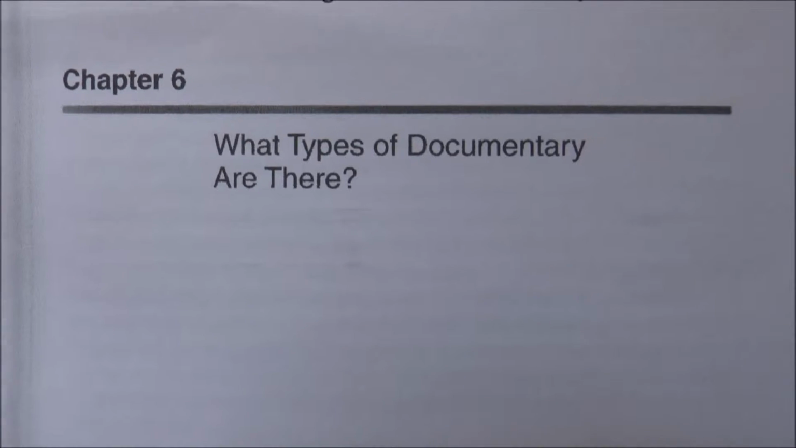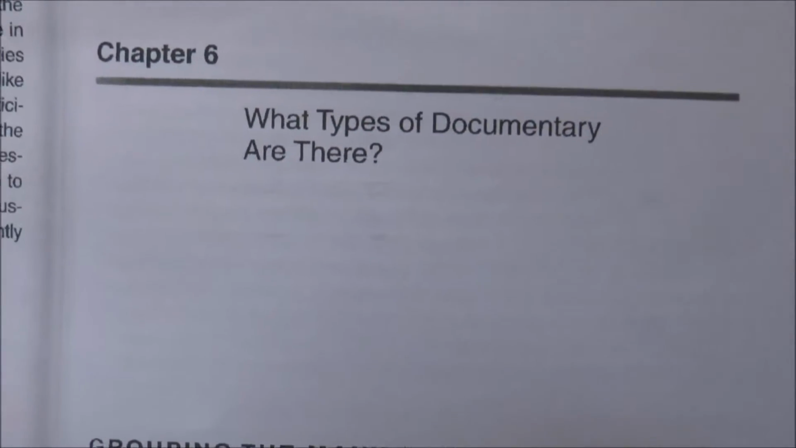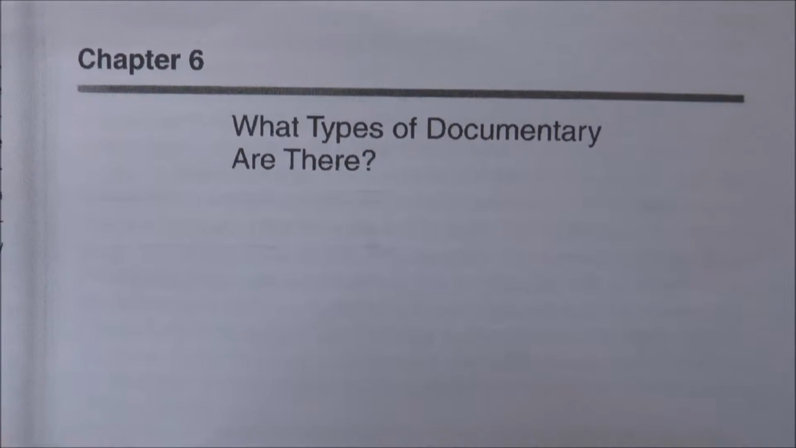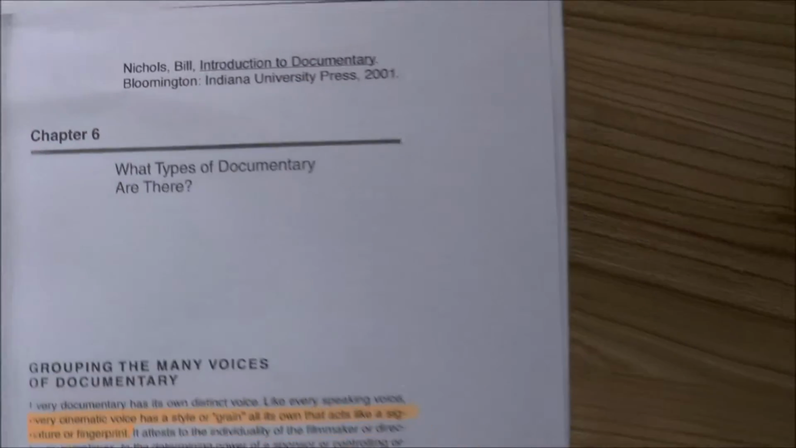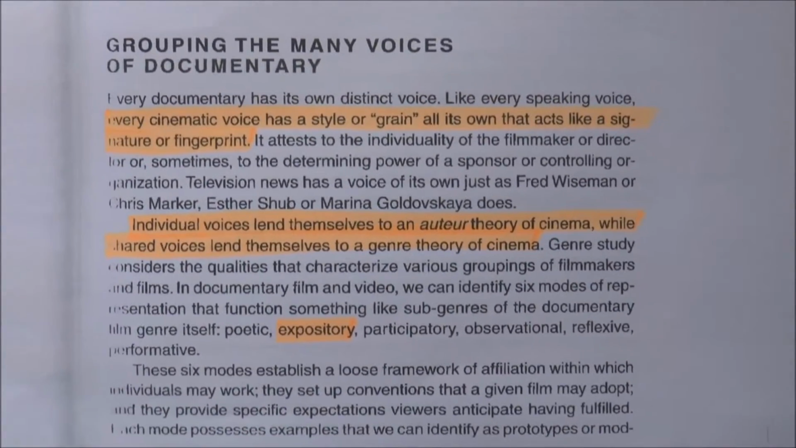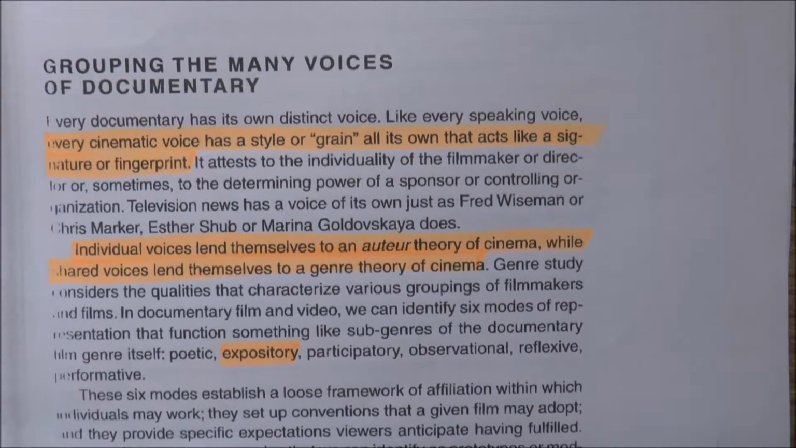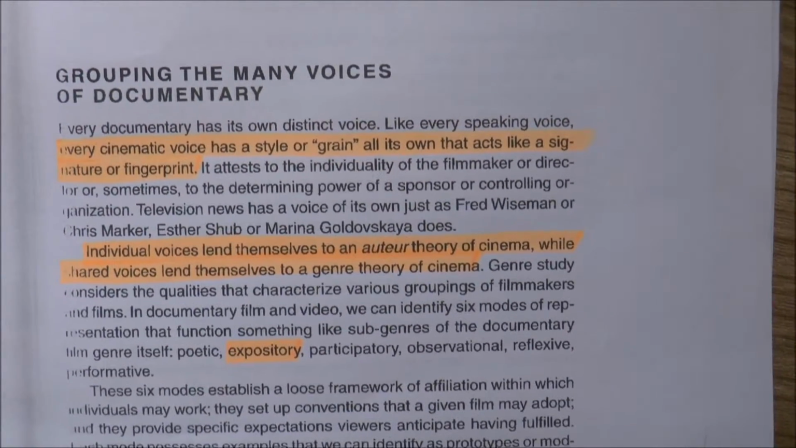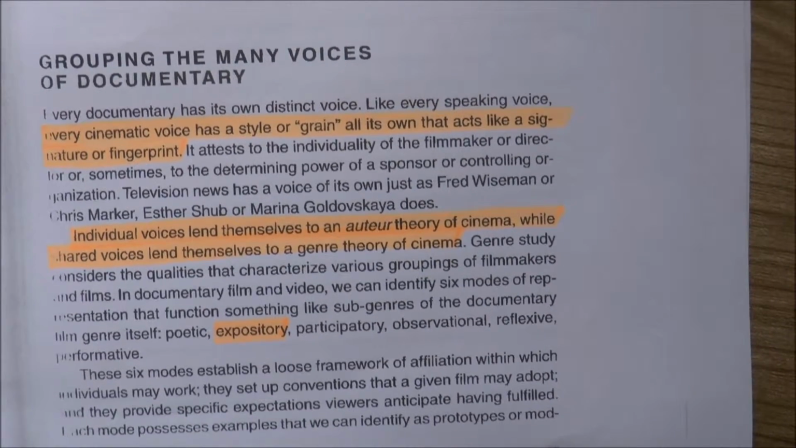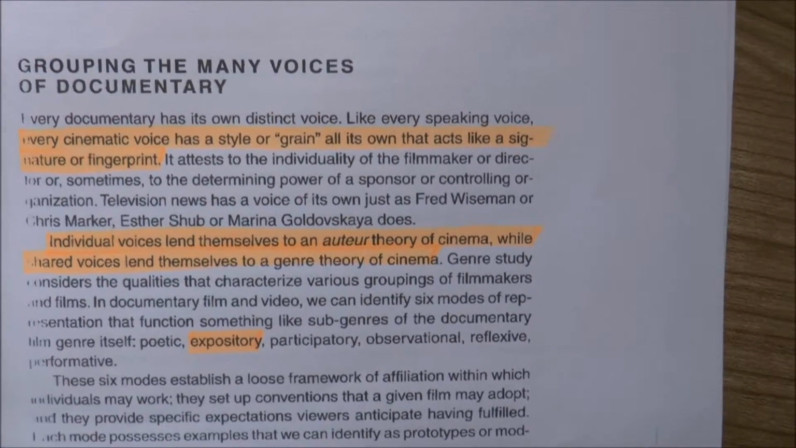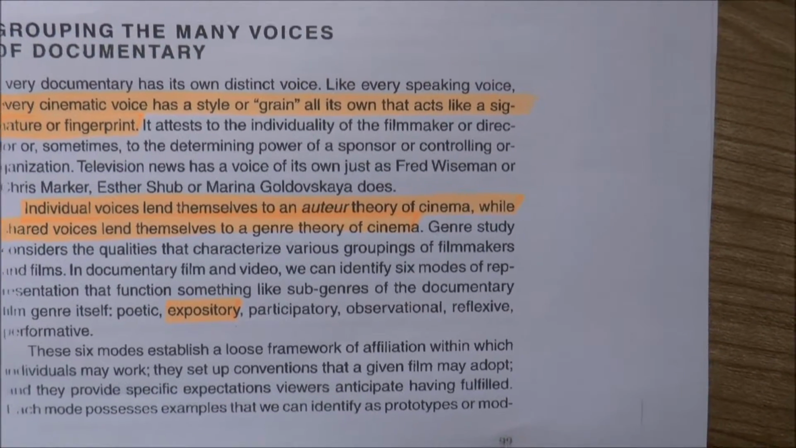So this is a book, and these are photocopies of articles from this book, and it talks about documentaries in general and also gives a more detailed account of the conventions and the style of expository documentaries. So if we start off, it says that a cinematic voice within expository documentaries have a certain style or grain that acts as a signature or a fingerprint. So obviously, for any documentary, a cinematic voice of God, voice of authority is conventional,